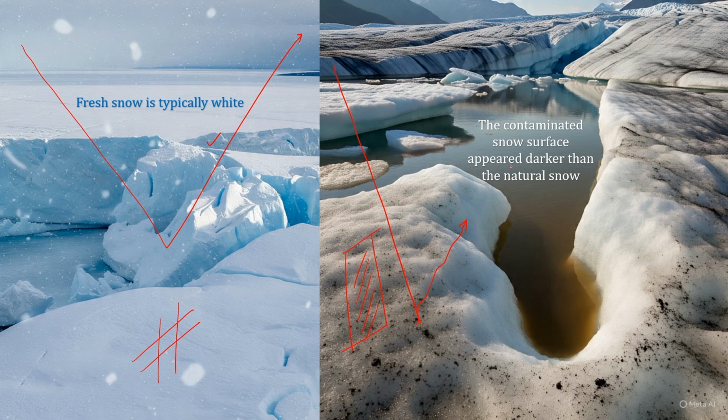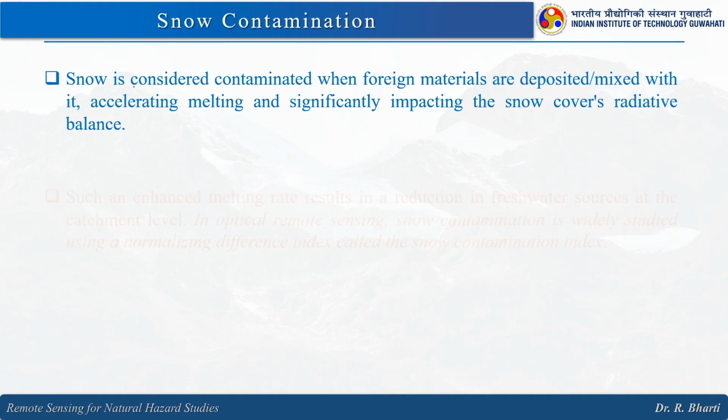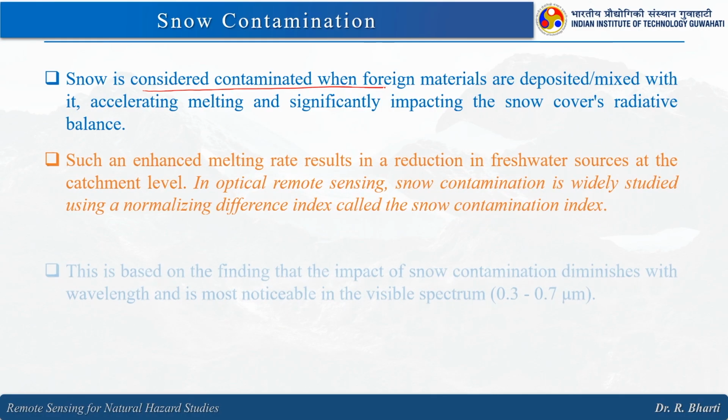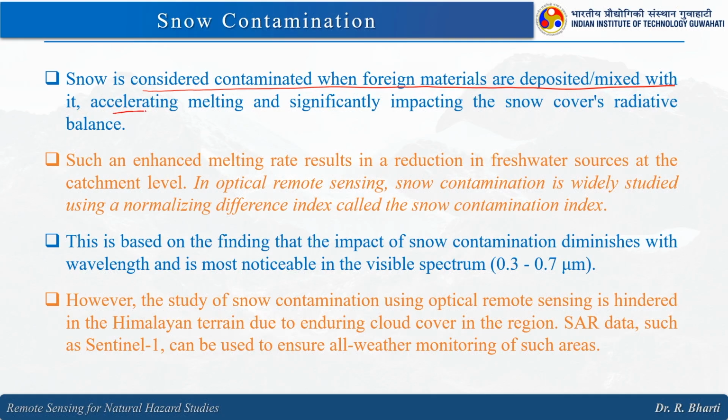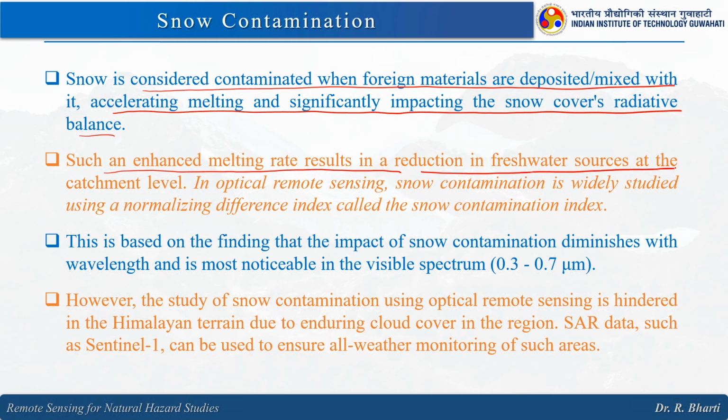So, they are appearing dark and the albedo has been reduced. If the albedo is reduced, more absorption will occur, and that will lead to the melting of these glaciers or the snow. Snow is considered contaminated when foreign materials are deposited or mixed with it, accelerating melting and significantly impacting the snow cover radiative balance, such as an enhanced melting rate resulting in a reduction in freshwater sources at